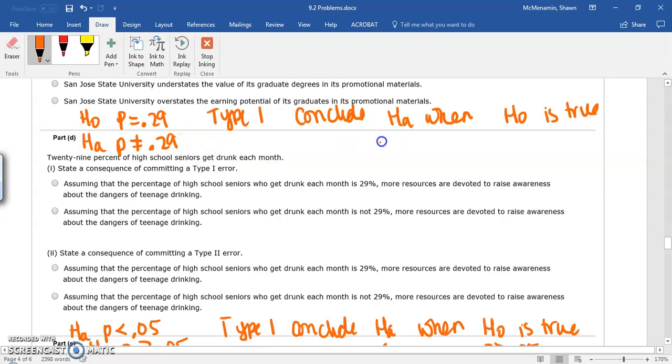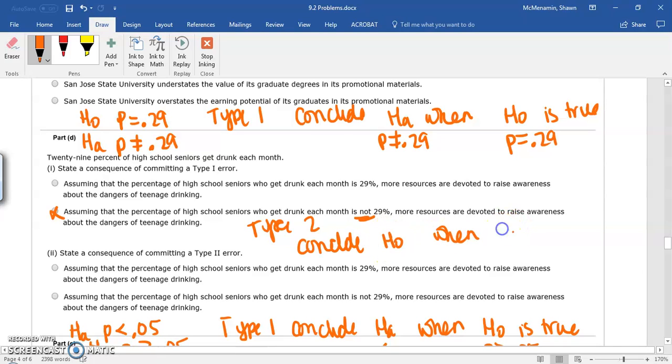HA says that P is not equal to 0.29. And what does the null say? The null says that P equals 0.29. So you're concluding that it is not 29%. As opposed to a type 2 error, where you conclude H naught when HA is true. Concluding H naught, so you're concluding that it is 0.29, so you're concluding that it is 29%, when in fact